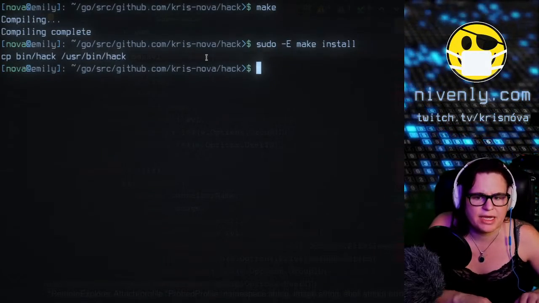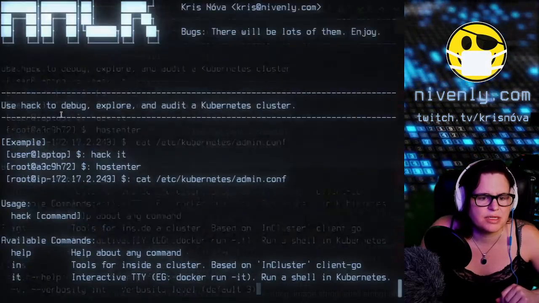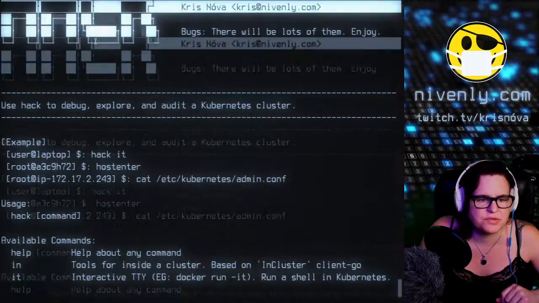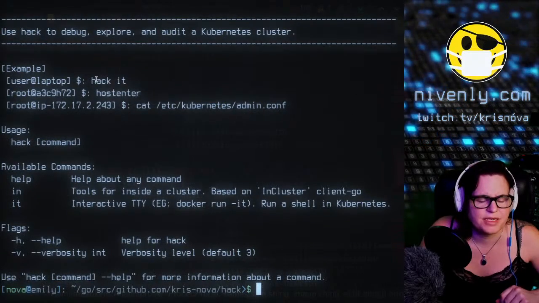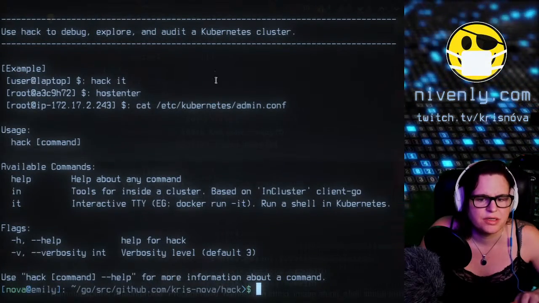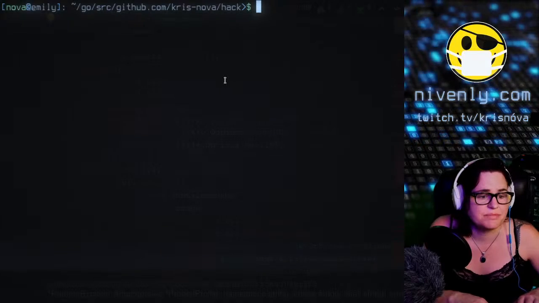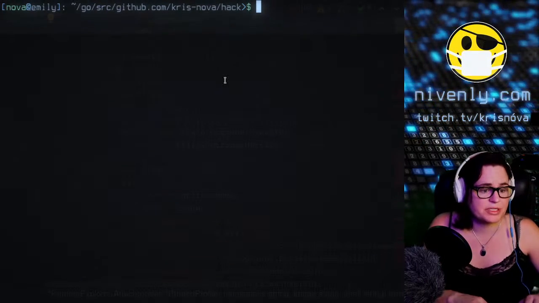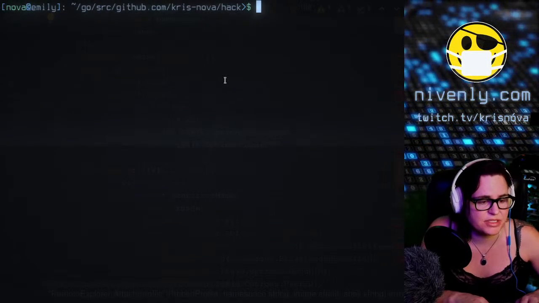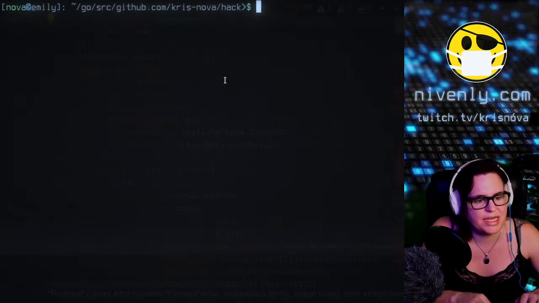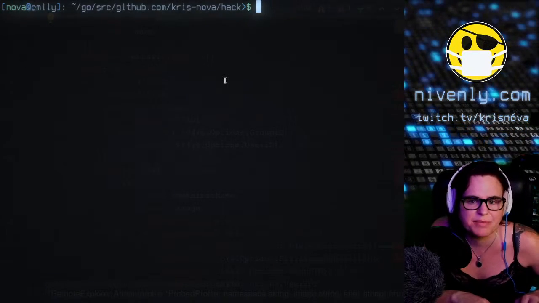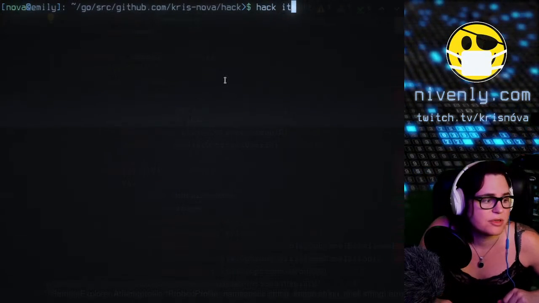There, and now I have hack. You can run it, and it'll give you some stuff. There's an example here, and it's pretty cool how it works. It does a lot for you, and it figures out everything it needs to do. Well, not everything, but it has a reasonable first couple of steps. So you can type hack it,